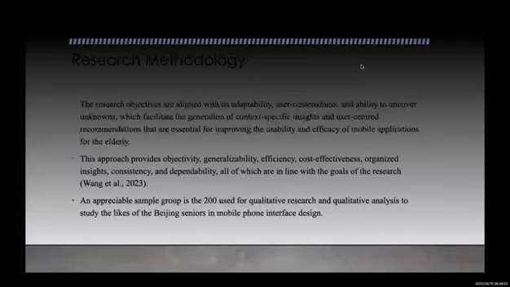This approach provides objectivity, generalizability, efficiency, cost-effectiveness, organized insights, consistency, and dependability, all of which are in line with the goals of the research. An appropriate sample group is the 200 used for the quantitative research and the qualitative analysis to study the lack of the Beijing scenario in mobile phone interface design.